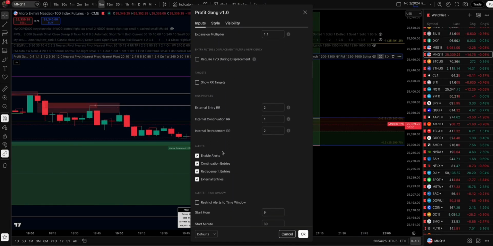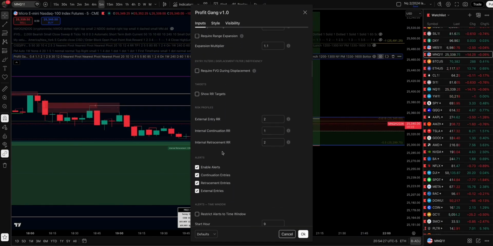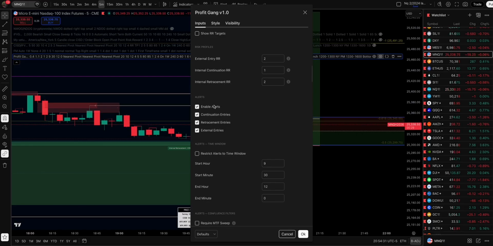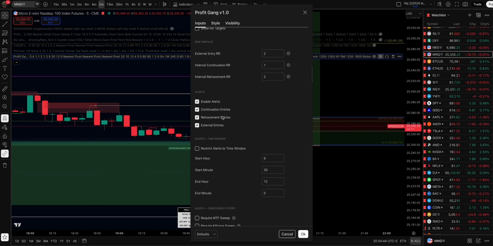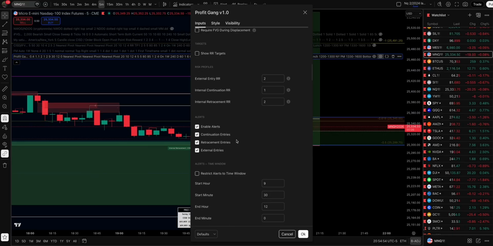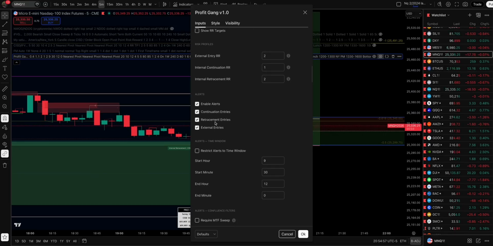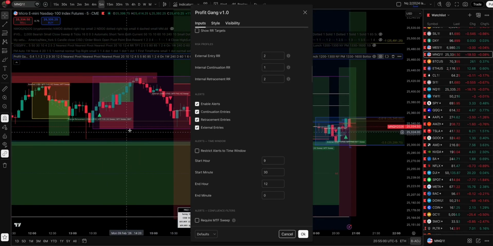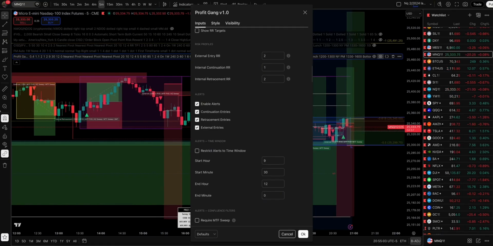I personally like to have as much as I can off just to keep my chart cleaner. Something I just recently added to the indicator is alerts. So you can set up alerts for continuation entries, retracements. Sometimes a lot of people won't trade the retracement. They'll wait for the retracement to complete and then trade the continuation. But sometimes there might be an SMT with ES where ES takes the high, but NQ doesn't. So the retracement will actually be stronger and take liquidity below the continuations. And that's why it's good to have all of them on to understand that retracements might be stronger than the